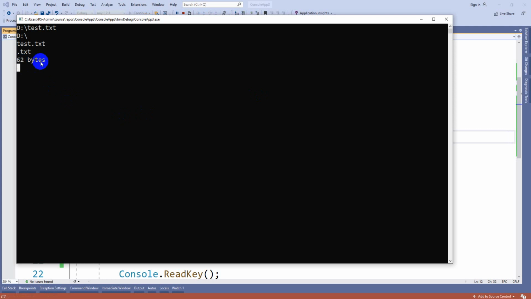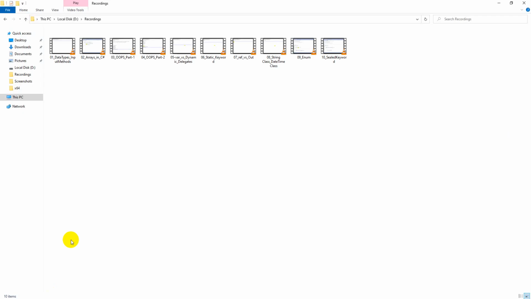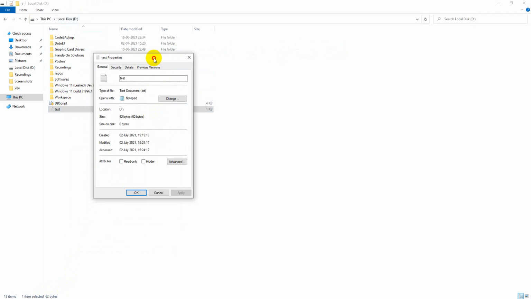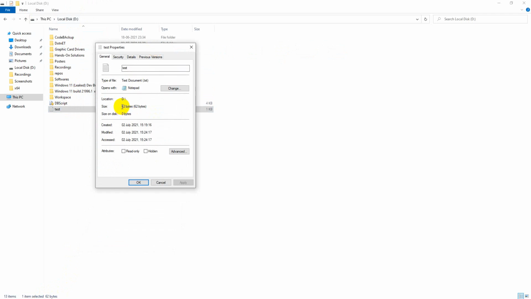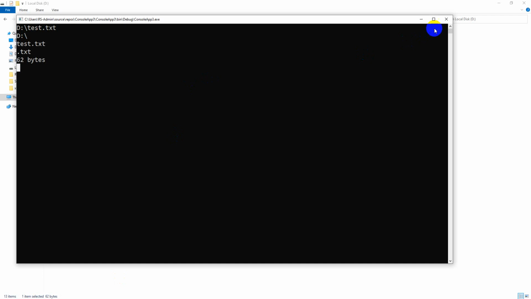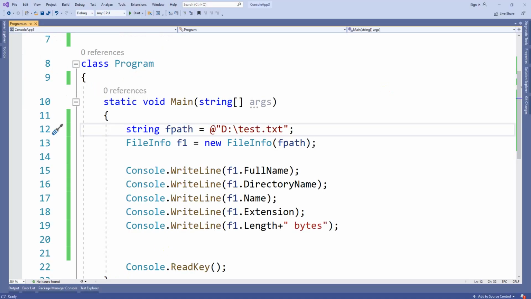Now you can see it is showing 62 bytes. Let us verify whether it is correct or wrong. You can see a property here, it is showing 62 bytes. Otherwise you can right click and go to properties. Here you can see the size, it occupies 62 bytes. Always remember one thing, the size will be in bytes only. In case you want to print it in KBs or MBs, you have to perform the respective conversions accordingly.